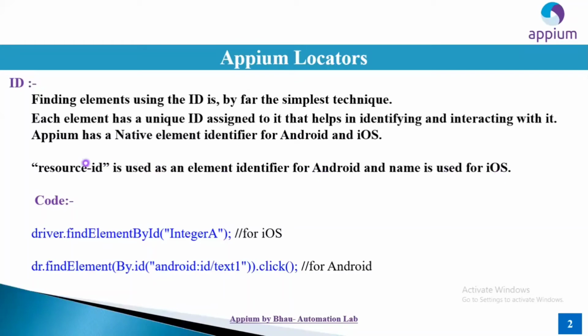for iOS. So resource ID, and the syntax for this is like driver.find element by ID, or directly we can define the attribute value here for iOS, and driver.find element by ID, we can define the attribute value here for Android. Like this is the syntax for ID. It is the simplest way while working with ID, guys, because if the ID is defined for the locator, we can easily work on it in Appium. So let's start with the practical example for this ID locator, how to work with Appium.